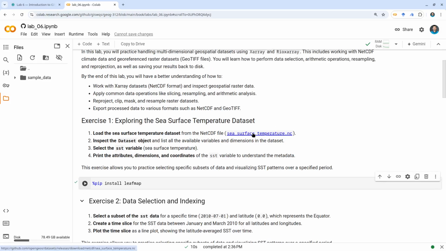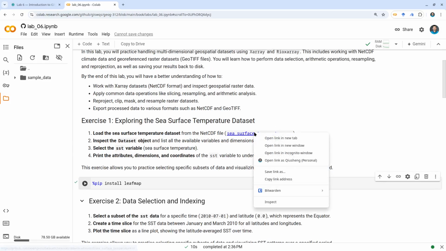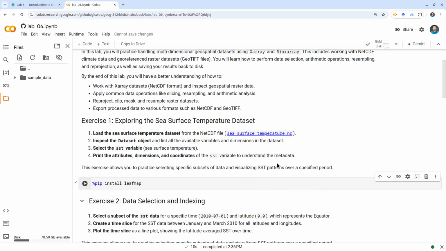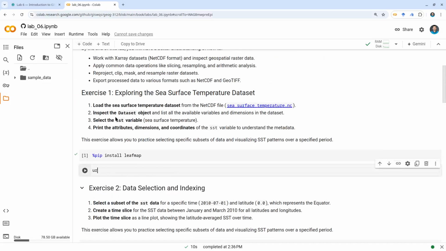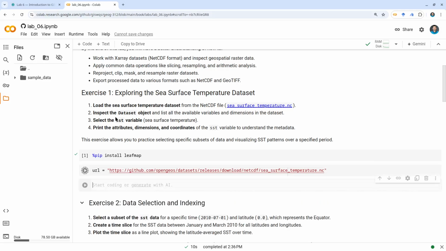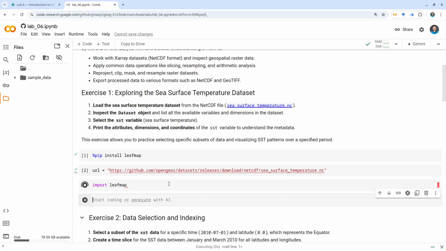So what you need to do here is something like this. Pay attention. I'm going to right click and copy link address. This is the direct URL pointing to the file. Then create a new code block and type url equal to Control V, then Alt Enter to create a new code block. Right now you're pointing to this URL rather than manually clicking to download it. Then you can use a function from Leafmap. Oh, you need to import Leafmap first. So import leafmap and then Alt Enter. Then you can use leafmap.download